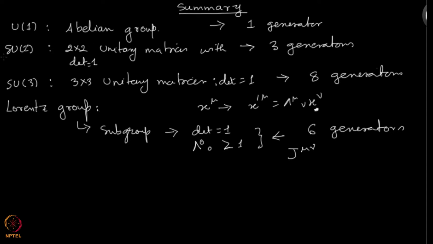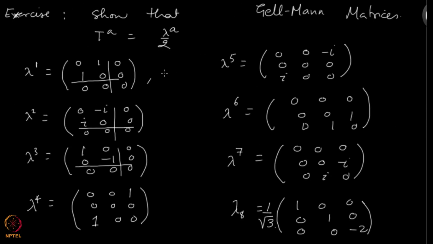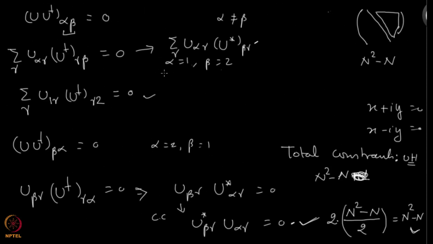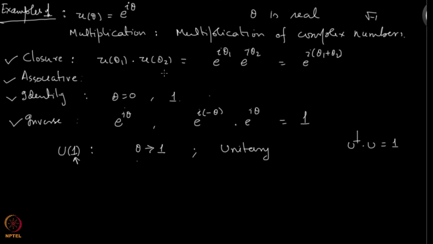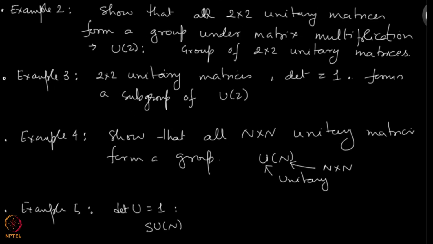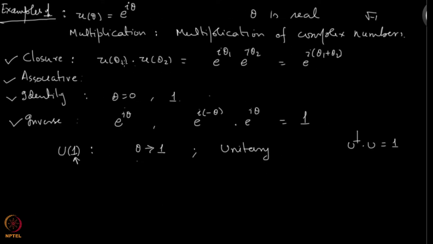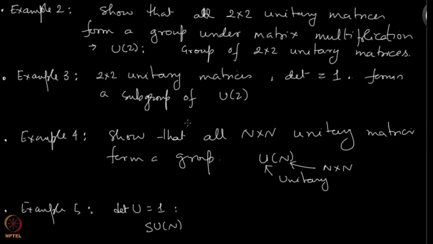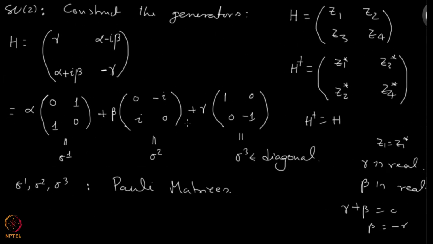Okay, here is the summary of what we have learned so far. We introduced the U1 group, which, you know, is an abelian group. Let me go back and show you where it was. Somewhere here I think we wrote, yeah, here. So, e to the i theta, where theta is real, and this satisfied all the properties. So, this one was the U1 group,